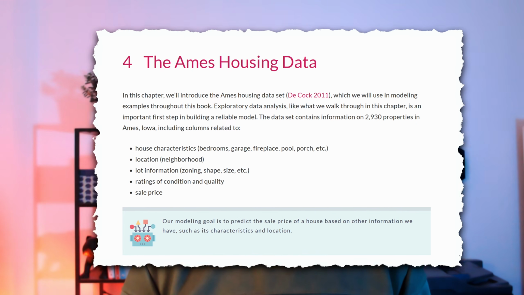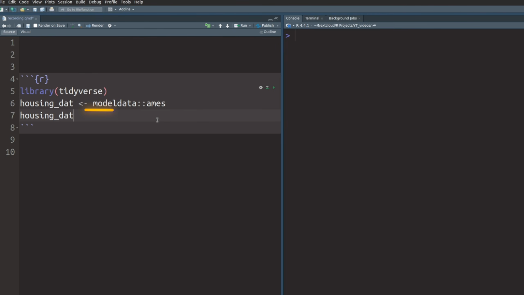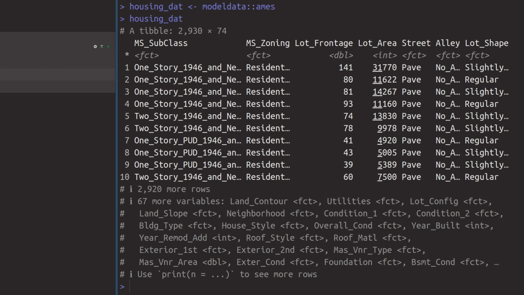Now, in order to do anything, we first need data. So let's take a look at the classical Ames housing data set. This has a lot of information on houses in Ames, Iowa. And the easiest way to get the data is via the modeldata package. And now if you take a look at this data set, you'll realize that it has a whole bunch of